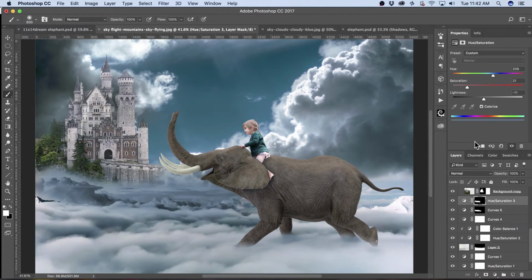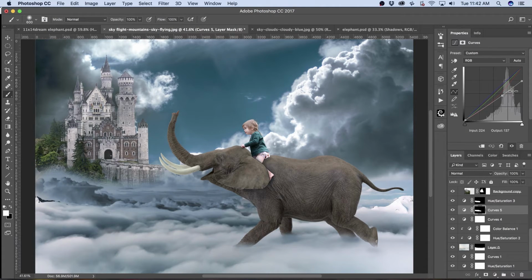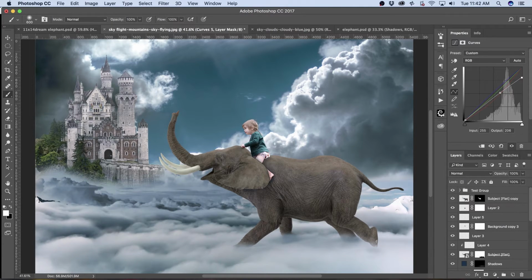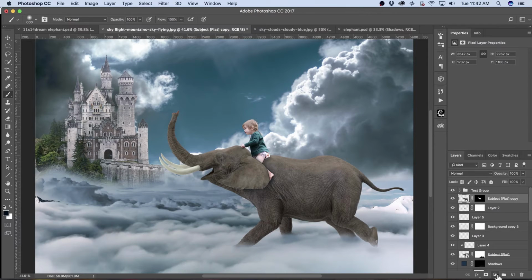All right. Okay. Go back to the curves adjustment layer. Brighten it up a little bit. All right, played enough with that. So do we like the slightly yellow color on the elephant and the girl? You know, warm yellow color is nice normally. Let's see what happens if we put the girl and the elephant and even the elephant shadow